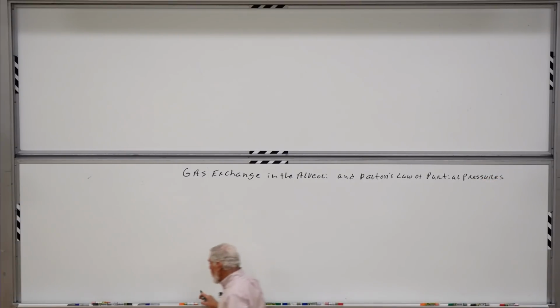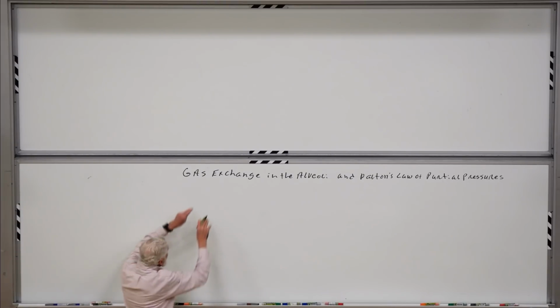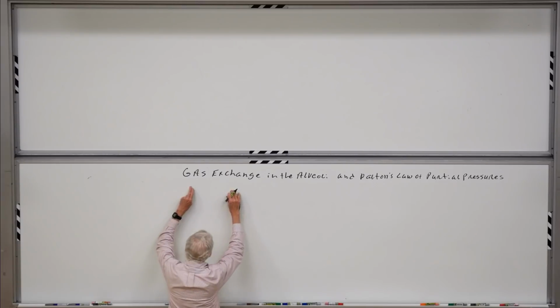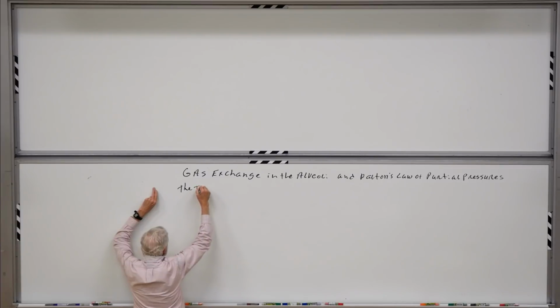This was all worked out in the early part of the 19th century by this guy named Dalton. As I mentioned in the introduction, Dalton was important in the early days of chemistry by organizing the thoughts on molarity. So Dalton's law of partial pressures simply says that the total pressure